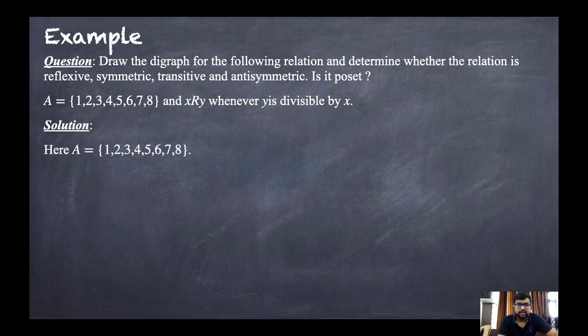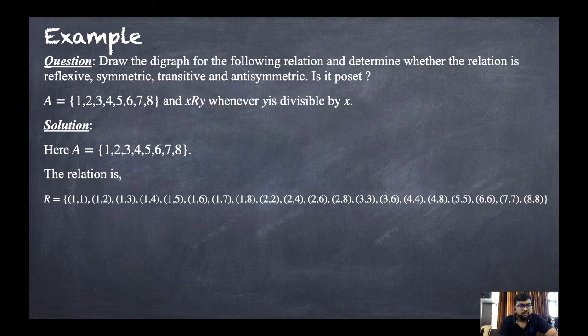So the solution here, A is given. Now the relation. First we'll create what is the relation and how many elements will be there. So R will be like this. How? Just take first element 1. Now the relation is x, y is divisible by x or x divides y. Both are same. So we'll just consider x divides y. Now just fix 1. So see, 1 divides 1. That means 1 divides itself. So 1 1 pair will be there. Then 1 divides 2. So 1 2. So in same manner 1 divides each and every element in the given set. So 1 2, 1 3, 1 4, 1 5, 1 6, 1 7, 1 8. So these 8 elements will be very obvious.